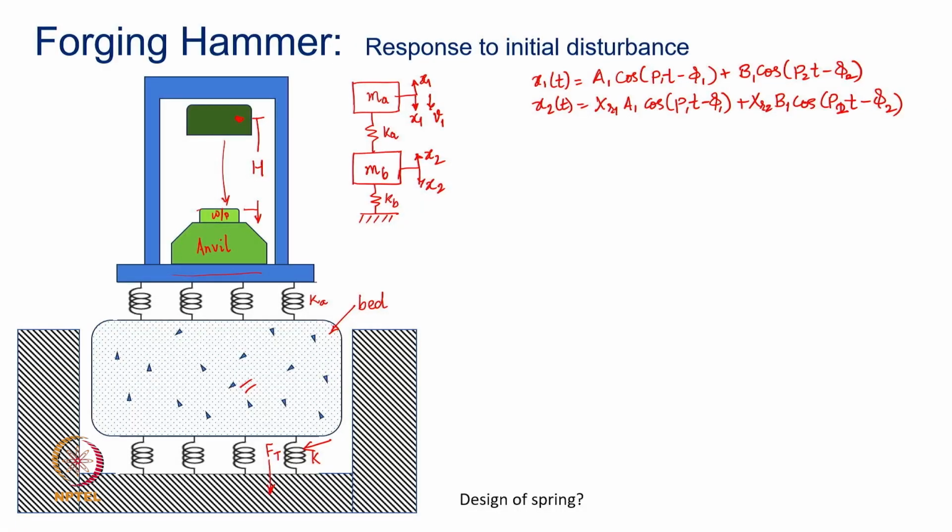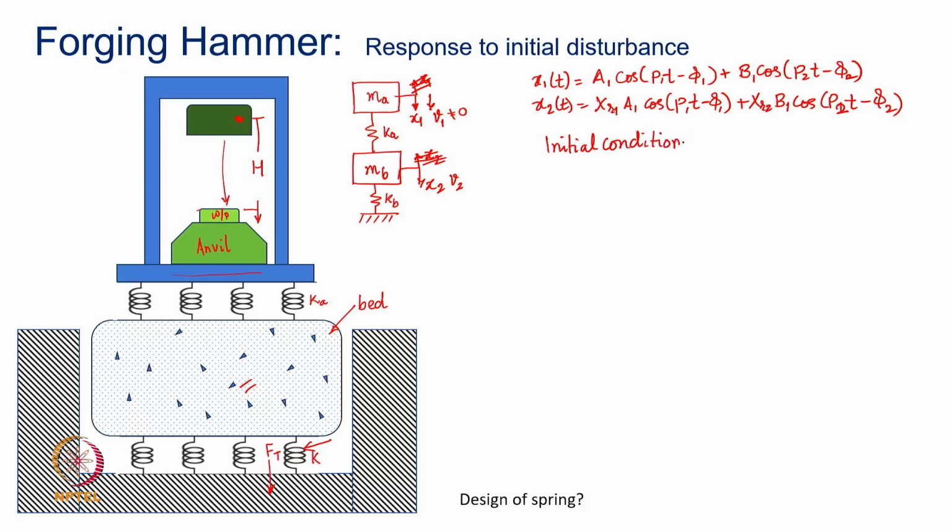or the velocity of mass mb will also be non-zero, but at t equal to 0 definitely we know that the value of x1 is 0 and v1 is not 0, because that is the initial velocity that the anvil will receive from the impact of the hammer. And so x2 is also 0 and v2 is also 0. So our initial conditions, based on which I can find out